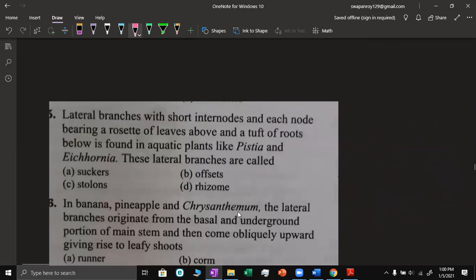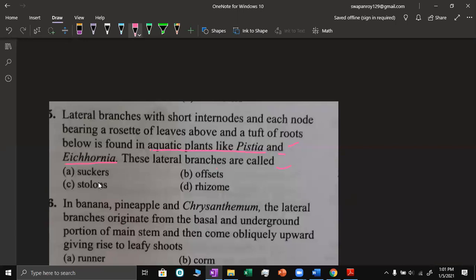This is some question from the subaerial modification. Lateral branches with short internodes, and each node bearing a rosette of leaves above and a tuft of roots below, is found in aquatic plants like Pistia and Eichhornia. This is water hyacinth. Okay, these lateral branches are called,